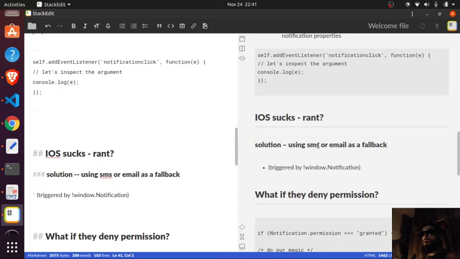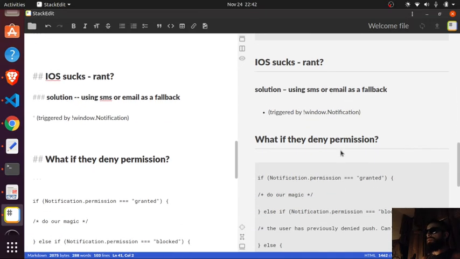Besides that it sucks, right? iOS sucks, first of all. Let's be clear about that. And the reason they suck in this particular case is they don't grant Safari or any other browser, at least from what I've read, push notification permission. That is something they reserve for their little app store and all the apps in it. I find it so despicable because it's just about control. They're so control happy. I can't stand it. Anyway,